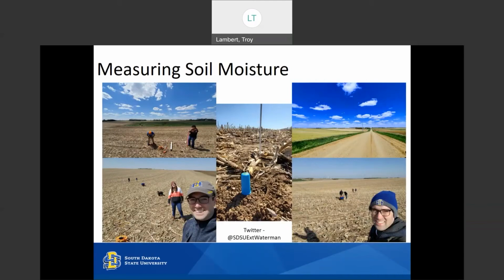So 19 fields, and how we selected these fields is we went for a range of practices. So we have some fields very conventional. So conventional tillage, conventional fertilizer, either corn on corn or corn soybean rotation. So very conventional, traditional agricultural practices you would see in South Dakota.